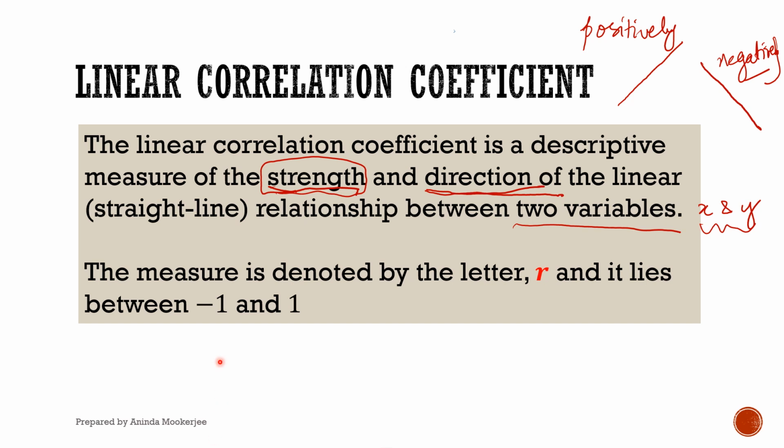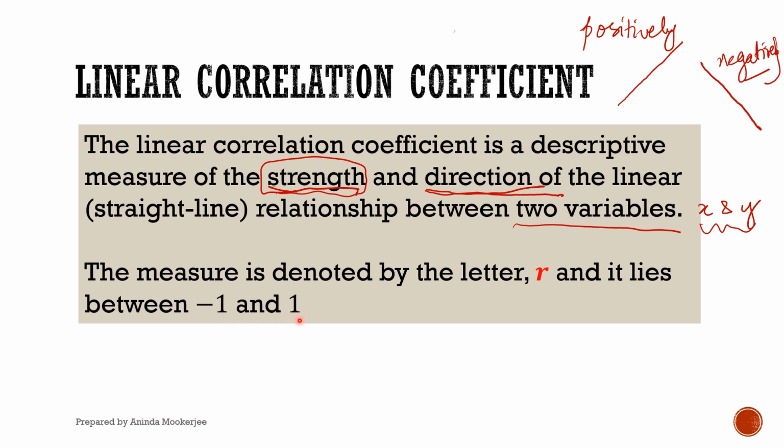Now here it says the measure is denoted by the letter R. We spoke about that before. Keep in mind the correlation coefficient is denoted by R without a square. If it's a square, it's a different measure. It's the coefficient of determination measure, which we learned in section 3 of this chapter. To denote the correlation coefficient, you have to use the symbol R, and that value lies between